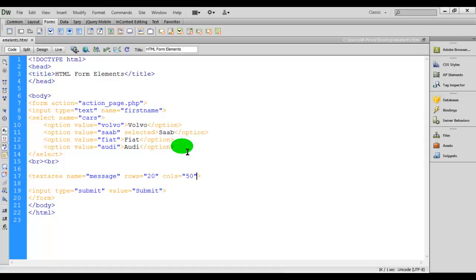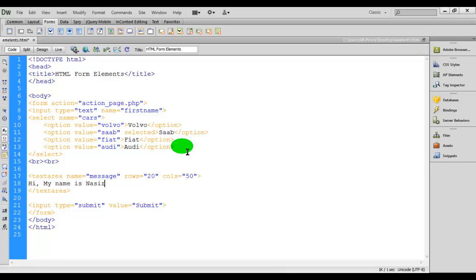And also you can write text between the text area tags, which is predefined text used for easy writing.